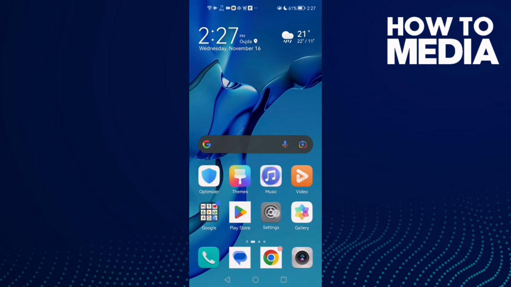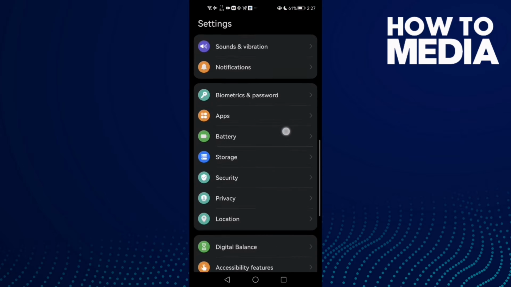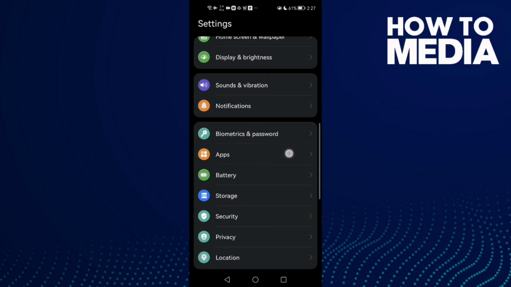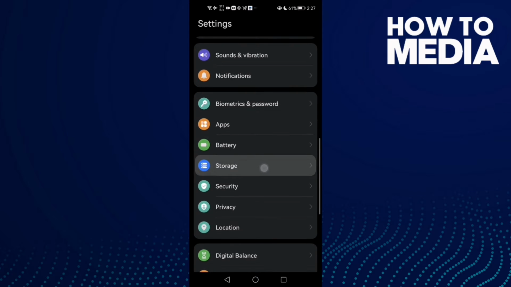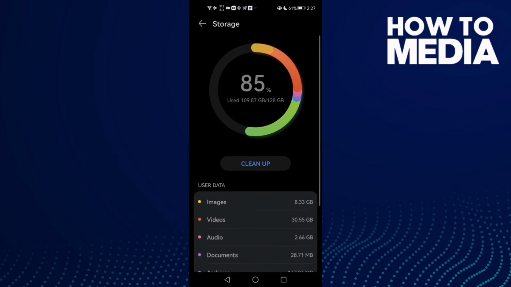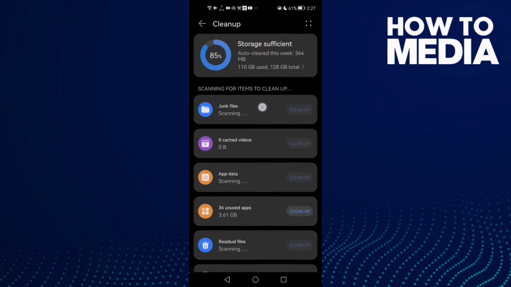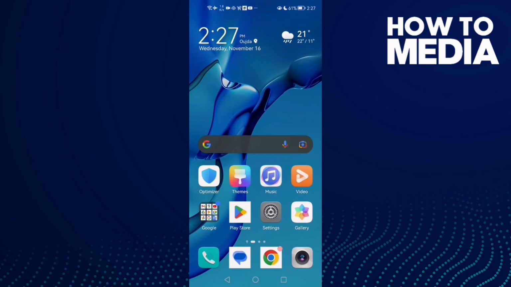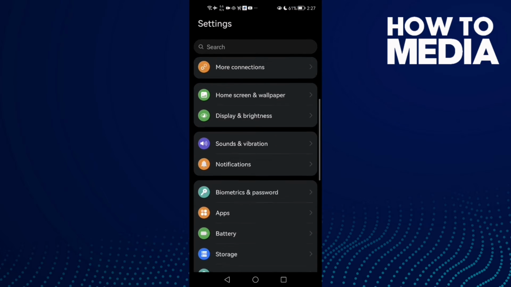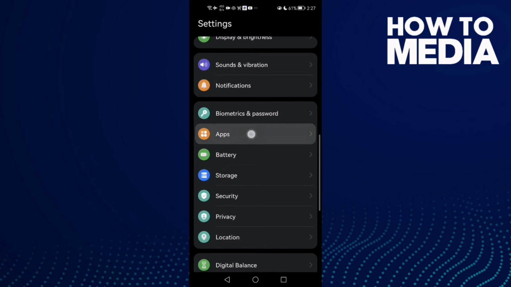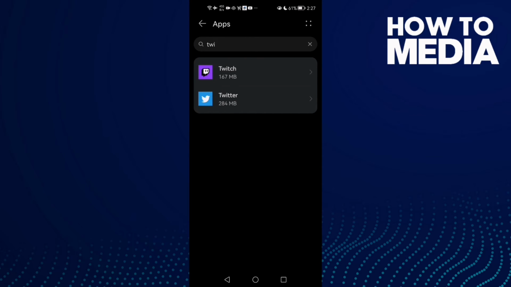First open the settings and now scroll down until you find storage and then click clean up, and here you will find the junk files or cache and then clean it, and after that just click settings and then scroll down until you find apps, and now apps again, and here